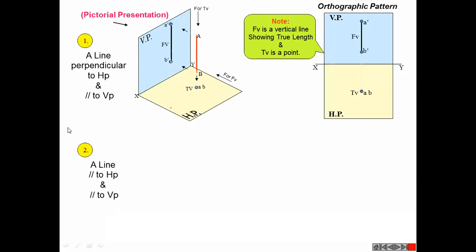Now orient your pen or pencil as per this problem. Fast. Don't waste much time. Come on, quickly draw. Sir, we have to take two lines. Where are two lines? A line is written. A line. This is a single line. A line. Parallel to HP and parallel to VP.